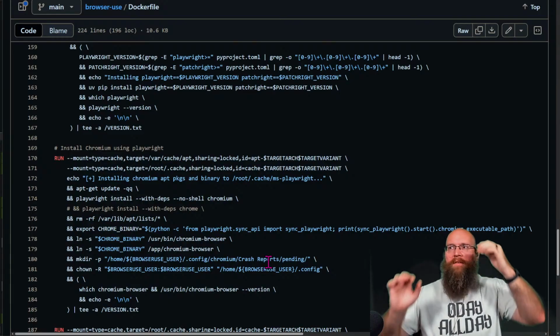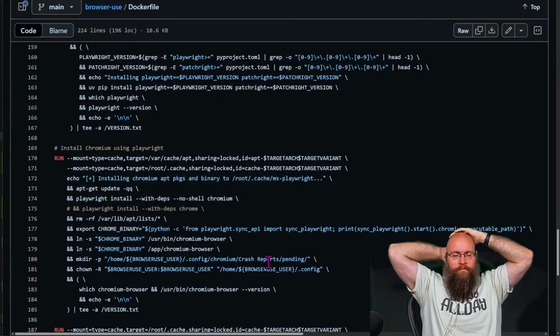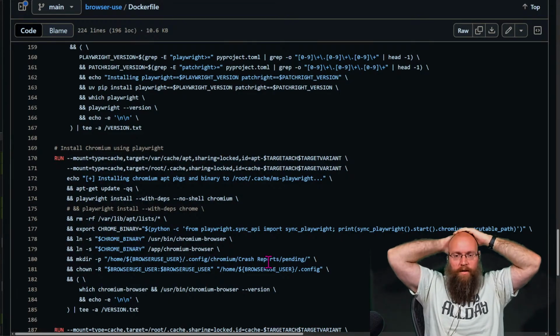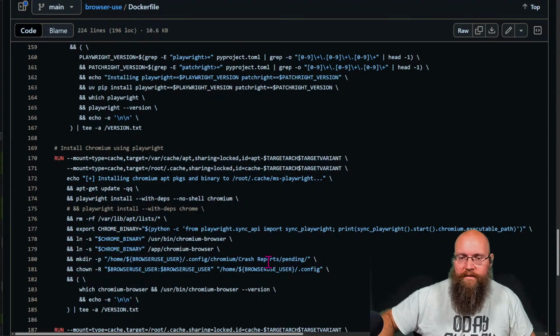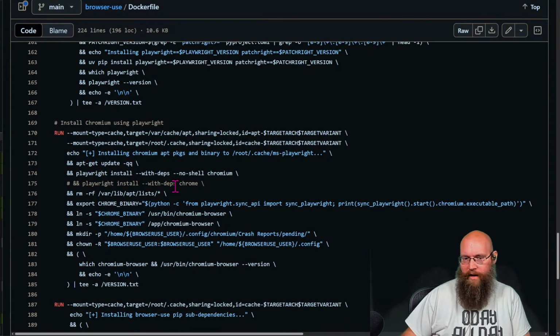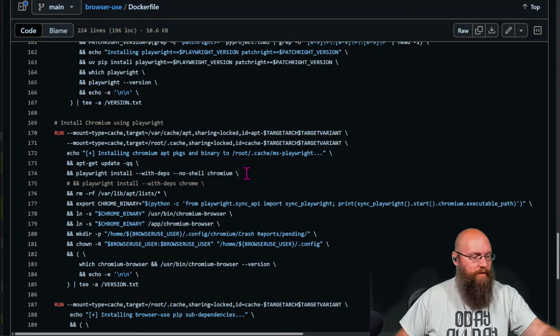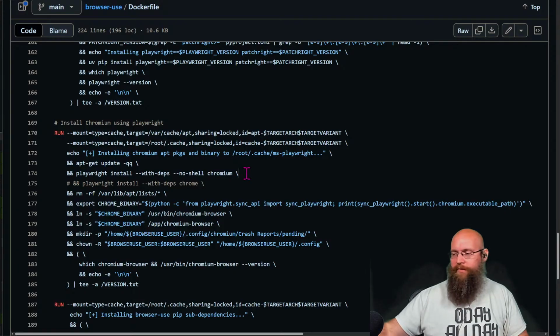Hey, Bobby, what's up, man? I need to go run to the bathroom, guys, and then we're going to try and fix up this Docker file, because we know that this part right here is jacking up and is not doing something correctly. For some reason, install with dependencies is just absolutely getting BTFO'd. So I'm going to go get some water and go to the bathroom real quick, and then we'll finish fixing this up. I'll be right back.